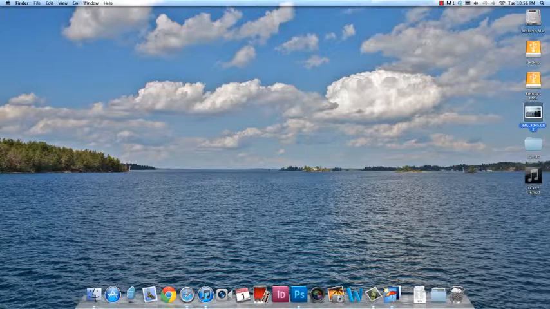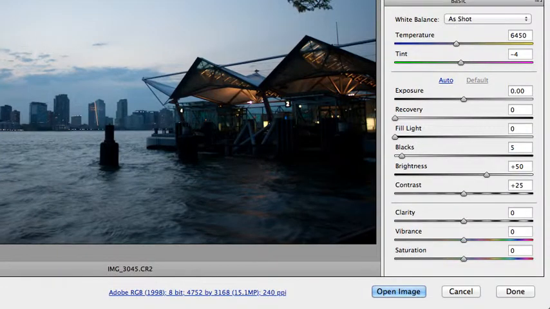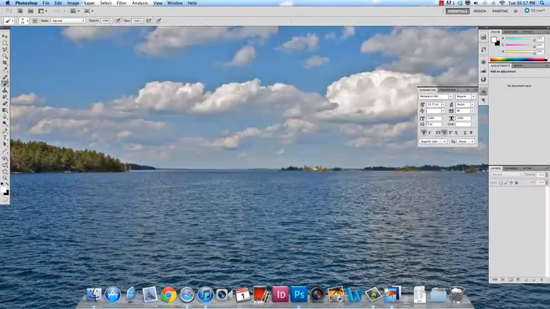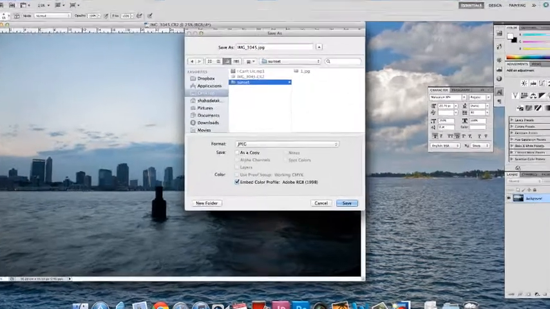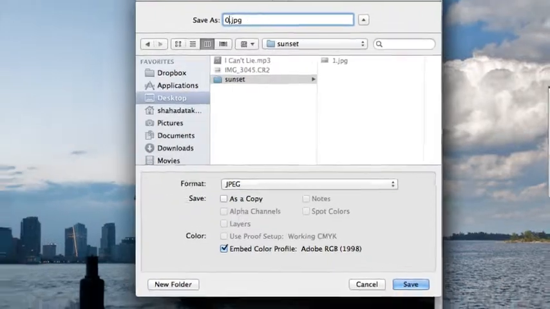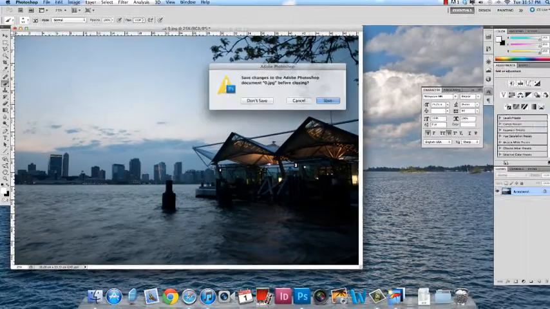Repeat this step. Once again, we double click on it and we keep the exposure the same. Alt, open copy, and this time we save it as 0. See, Photoshop is smart enough to remember that you saved the last file as a JPEG, so it remembers that setting. We click on Save, and for the last time,